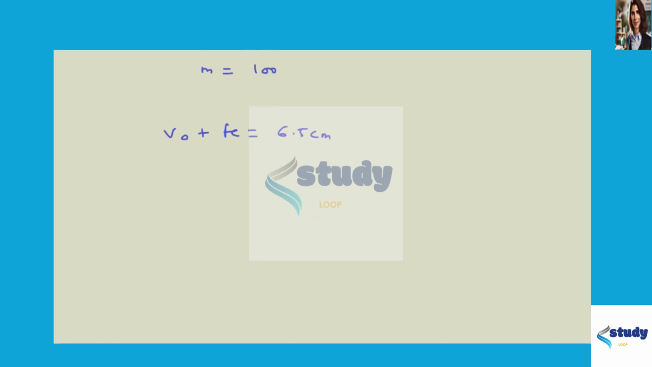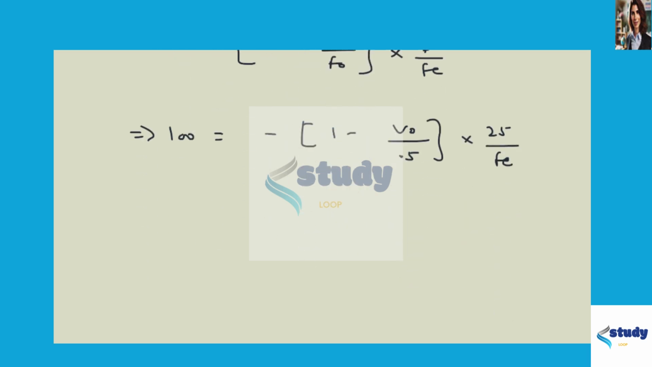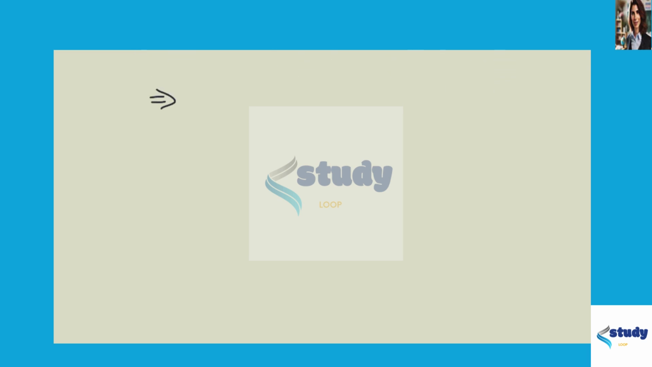Now the magnifying power for normal adjustment is given by M is equal to V naught by U naught multiplication D by Fe, which is equal to minus 1 minus V naught by F naught multiplication D by Fe. On solving it further, I can write 100 is equal to minus 1 minus V naught by 0.5 multiplication 25 by Fe. On solving it further, I can write the expression as 2 V naught minus 4 Fe